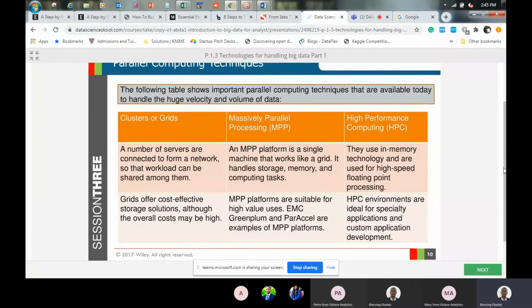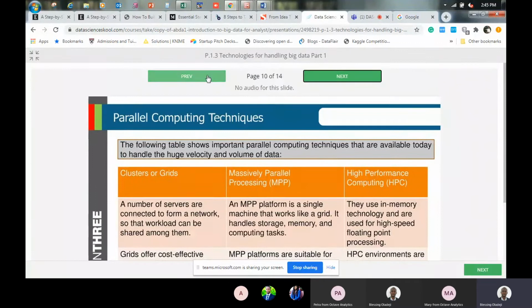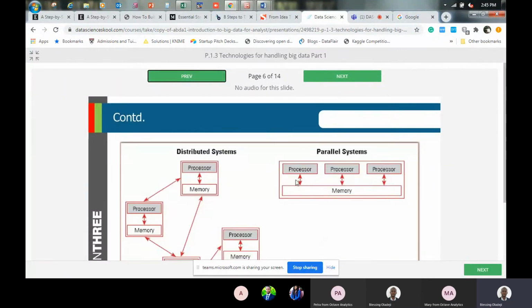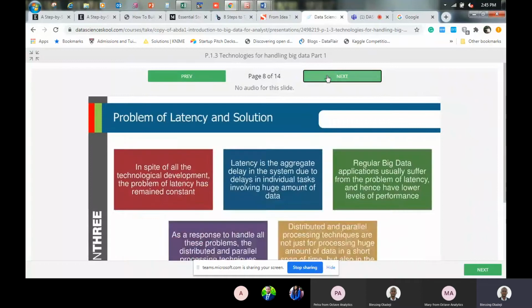So the idea, as I said, is we want to limit the time, because when we aggregate all the back and forth between processor and memory, it takes a lot of time when you accumulate all of it together, because we are dealing with big data. So why not implement the memory within the processor so that we can reduce the back and forth?